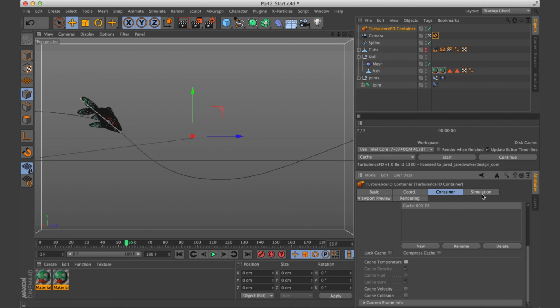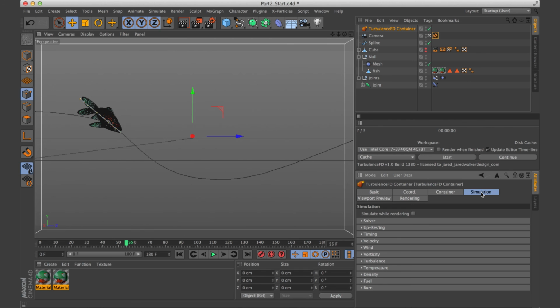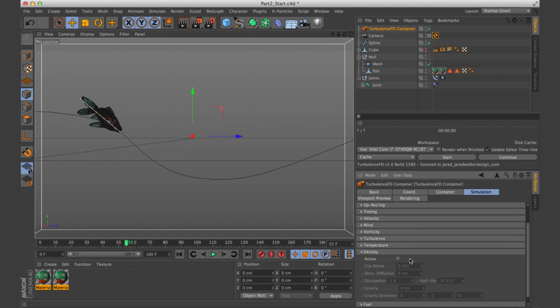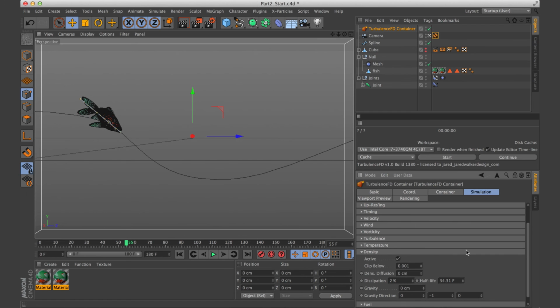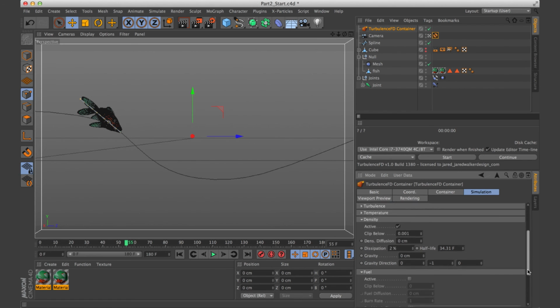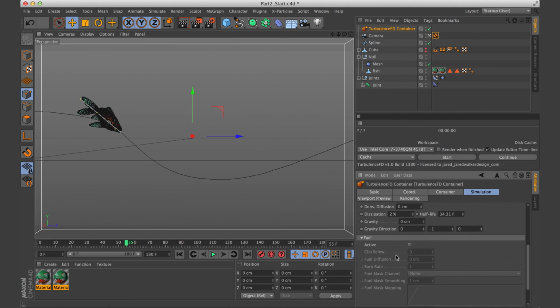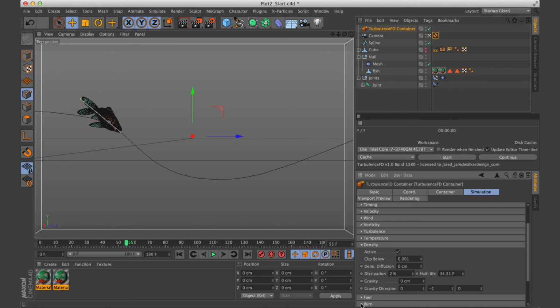And then we're going to go over to the simulation tab, and we'll go down to density and make sure that that is active. And we'll turn off temperature and make sure there's nothing else active like fuel or burn. Okay.